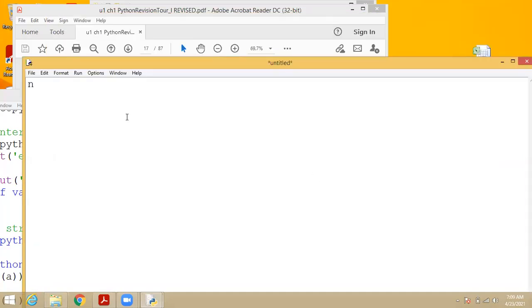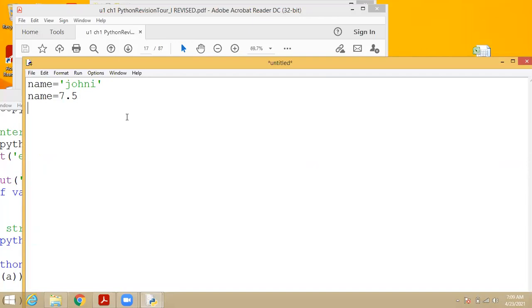Yes, sir. Same example I am using: name equal to Johnny. Second line, name equal to 7.5. Here Johnny and 7.5 are constants, that is literals. The first one, Johnny, is a string literal; the second line, 7.5, is a float literal.